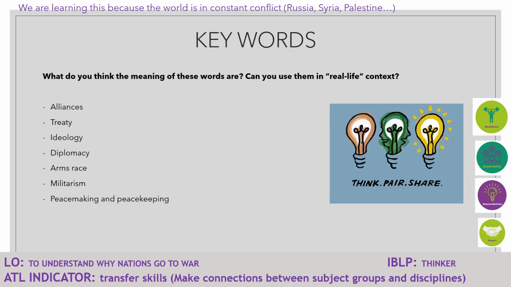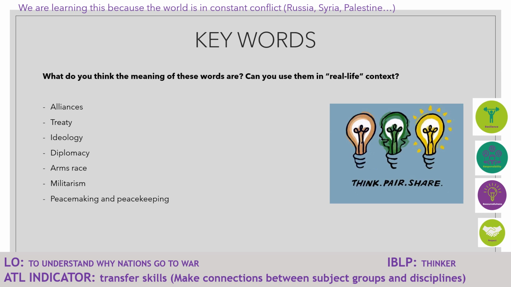Then after that, for the EAL students in particular, what I do is a list of keywords that students will need to know for this topic. So I have a list of keywords that will come at some point later on in the explanations or in the sources that we're going to analyze, and I will give them time to work in couples or in groups, and then